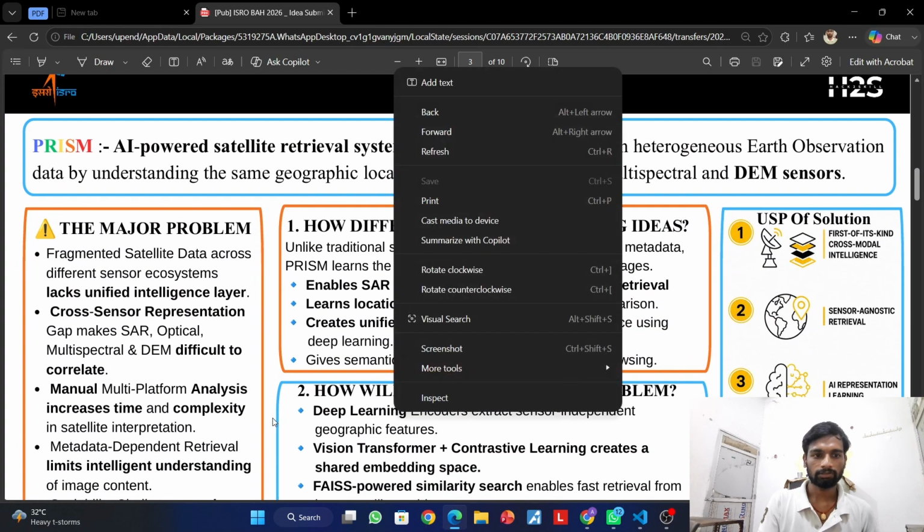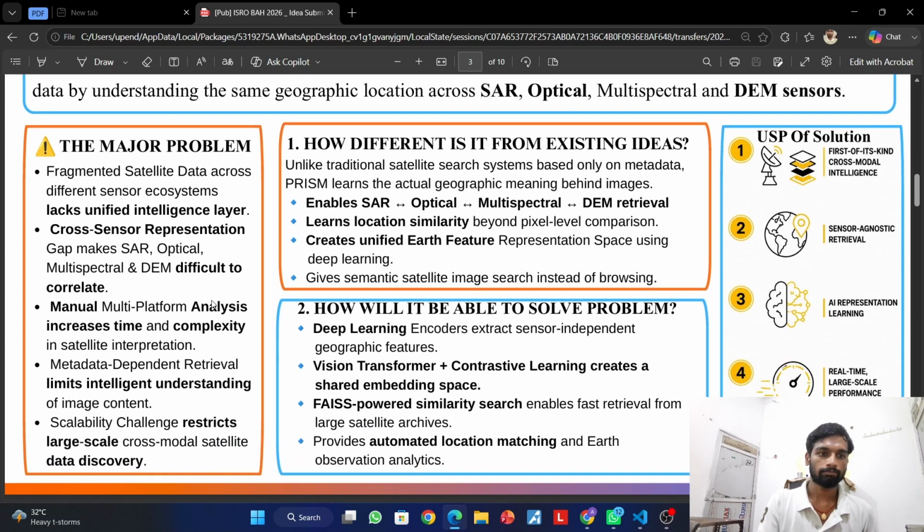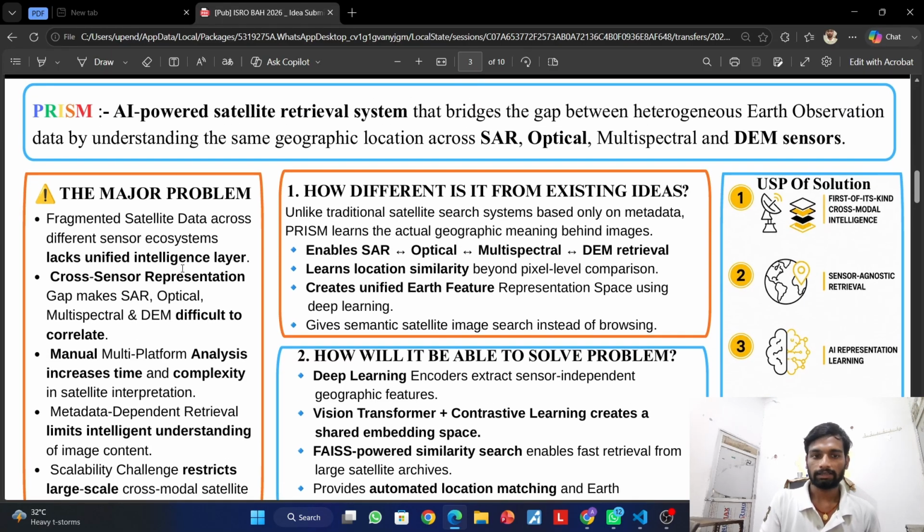Our problem statement says that the main problem is fragmented satellite data across sensors. As we know, there are multiple sensors like SAR, optical, and multispectral, and these sensors give us data and images in various forms that are not usually usable by human beings as normal users. So we are designing a web page named Prism, where the user